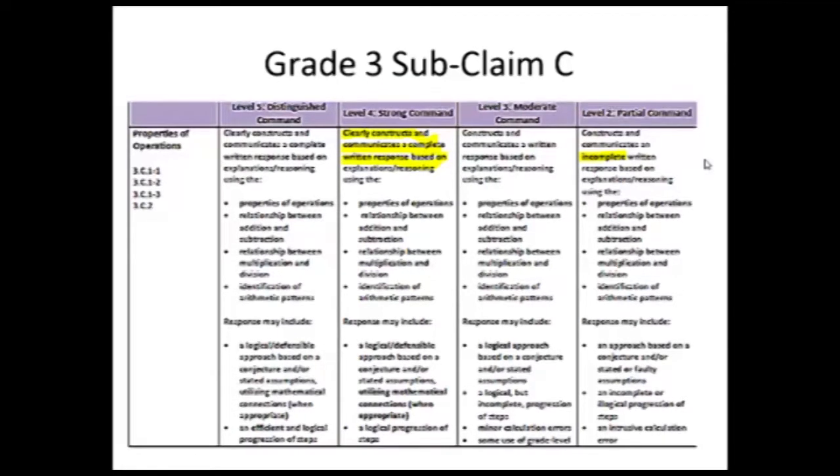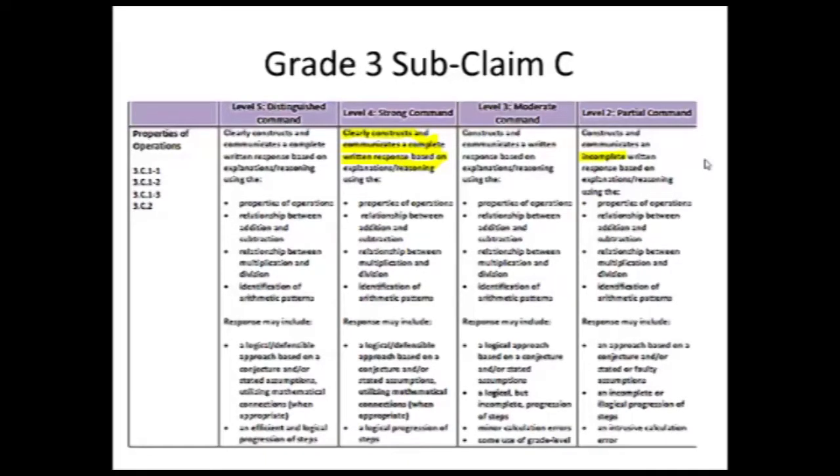The first one is listed here, properties of operations. The other one that's listed is called concrete referents, and diagrams. And what that means is it's actually how much students use concrete diagrams, number lines, tools, and how much they use that to then create an efficient and logical solution method. And whether or not their steps are efficient,